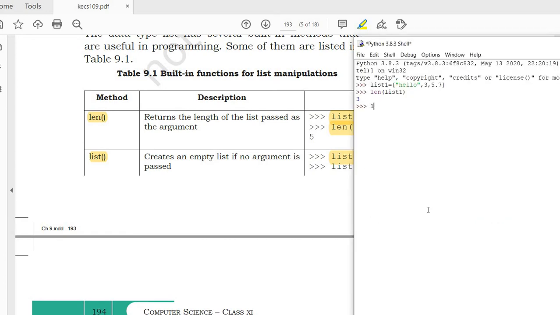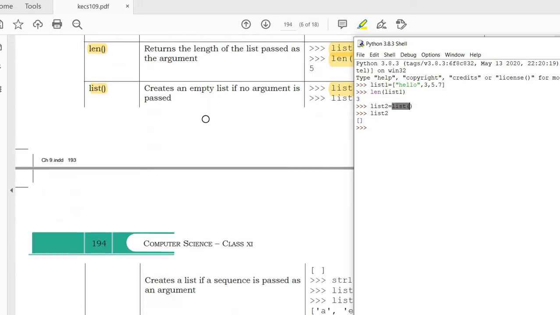I'll try that one also. list2 equal to list(). If I'm printing list2, it will just create an empty list. I already described what a list is. A list is a sequence of elements that we represent with square brackets. So you can see an empty list created using the function list.